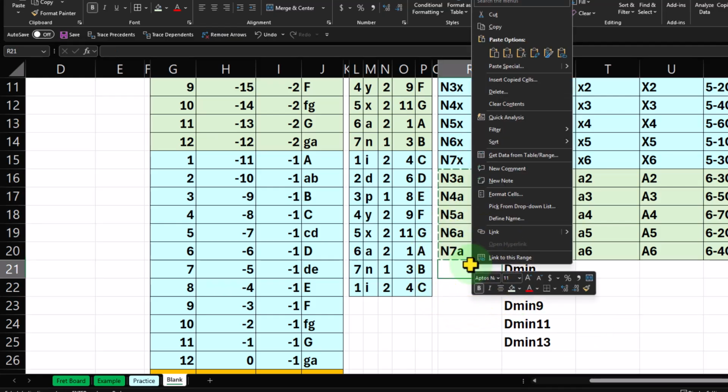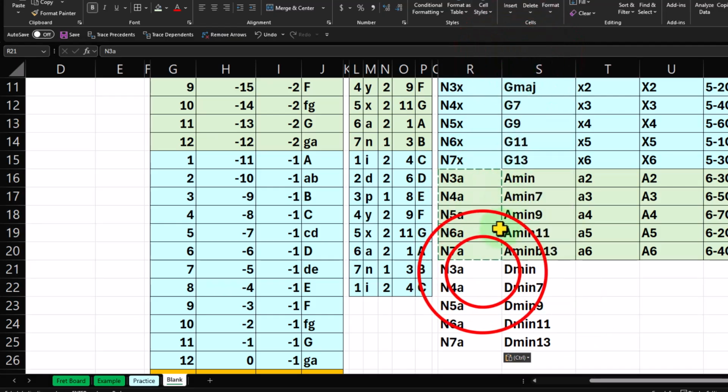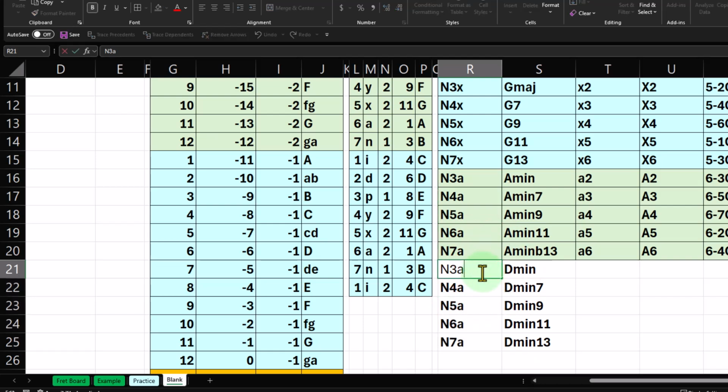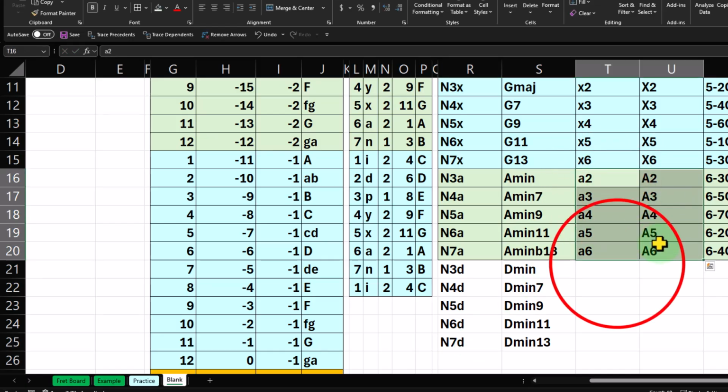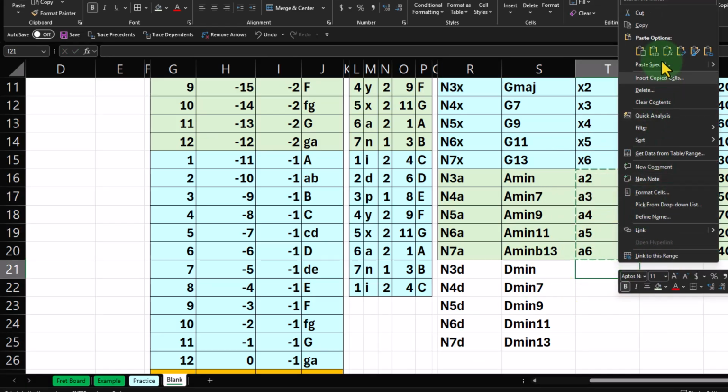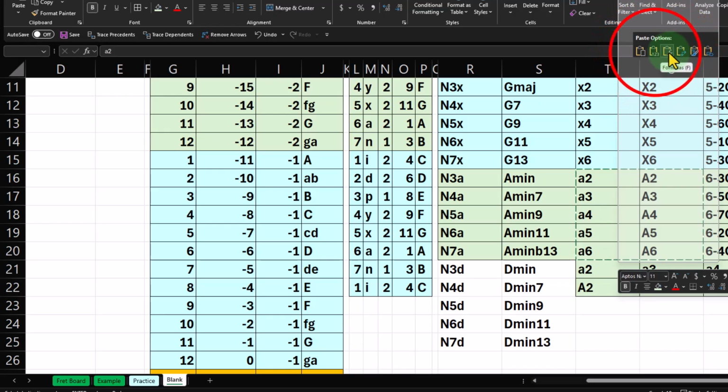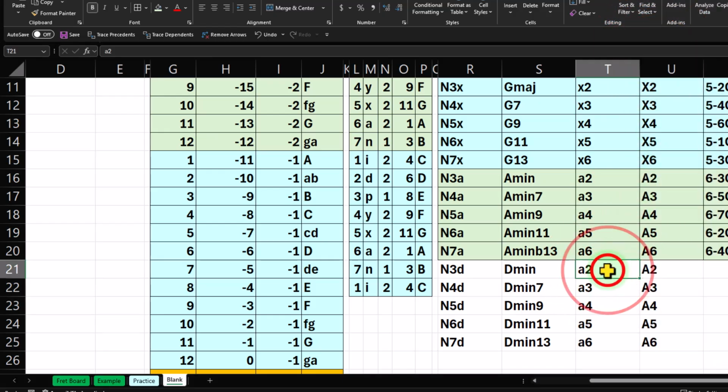So copy, boom, boom. And then I'm going to say not an A, but this should be a small d for the Dorian. Notes 3 Dorian, notes 4 Dorian, notes 5 Dorian, 6 notes Dorian, notes 7 Dorian. And then I'm going to copy these two down. Copy, paste, values only. And we're going to say Dorian is a D, so I'm going to change this to